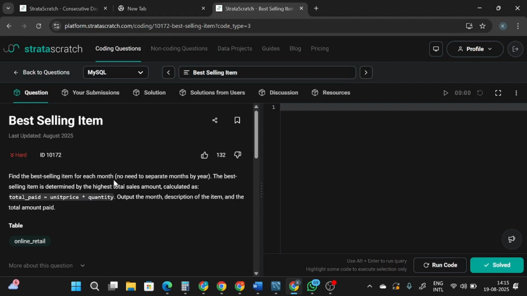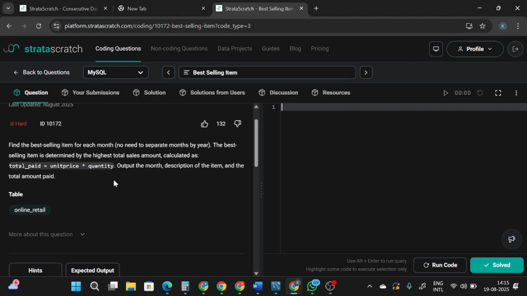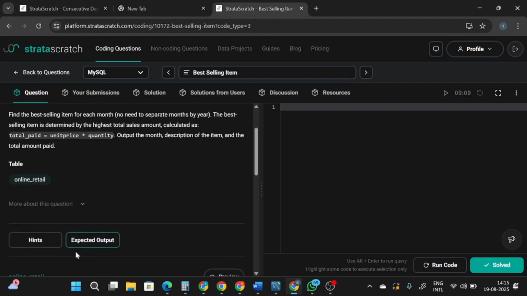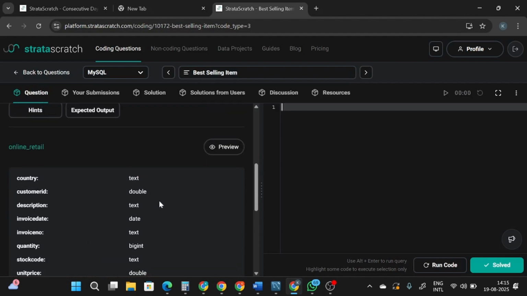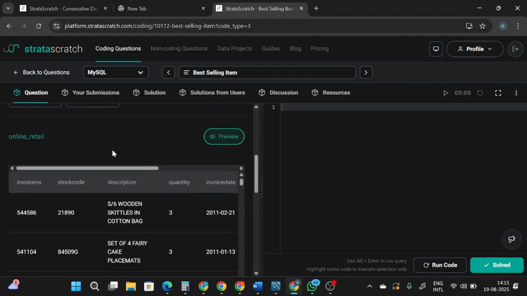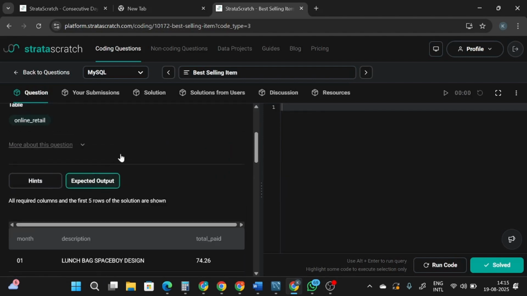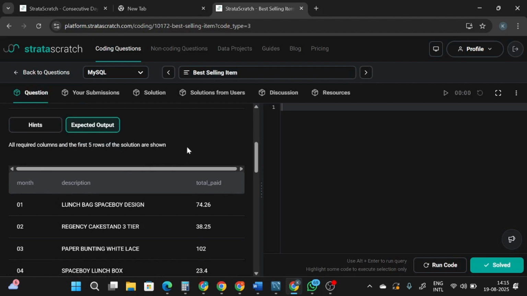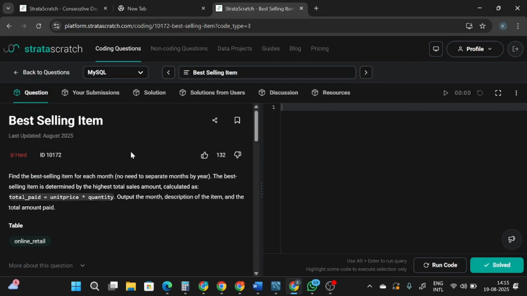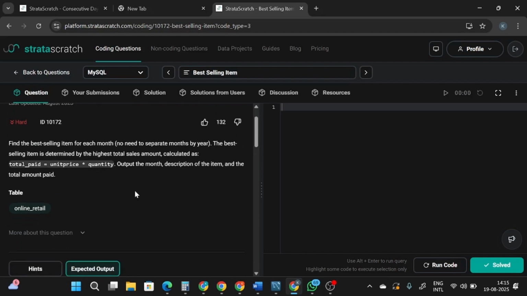The best selling item is determined by the highest total sales amount calculated as total paid is equal to unit price into quantity. Output the month, description, item and the total amount paid. So basically this is the table online retail which is given to us as input, and the expected output, we have to find out the highest paid amount for a month, which is determined by the highest total sales amount for each particular month. Okay,